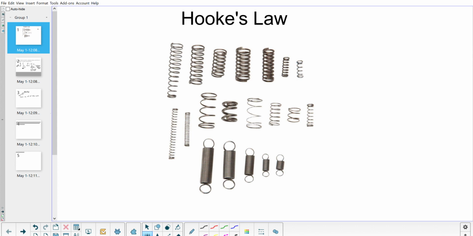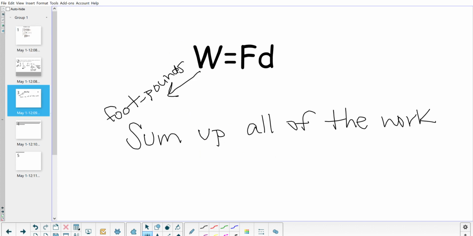The further you get it away from the natural distance, the more work it requires. So we're going to sum up all the work. This is where the calculus comes in. So work is adding up, which is taking the integral. Remember, that's kind of like an S, you can think of it as a sum, adding up all the work, which would be work is